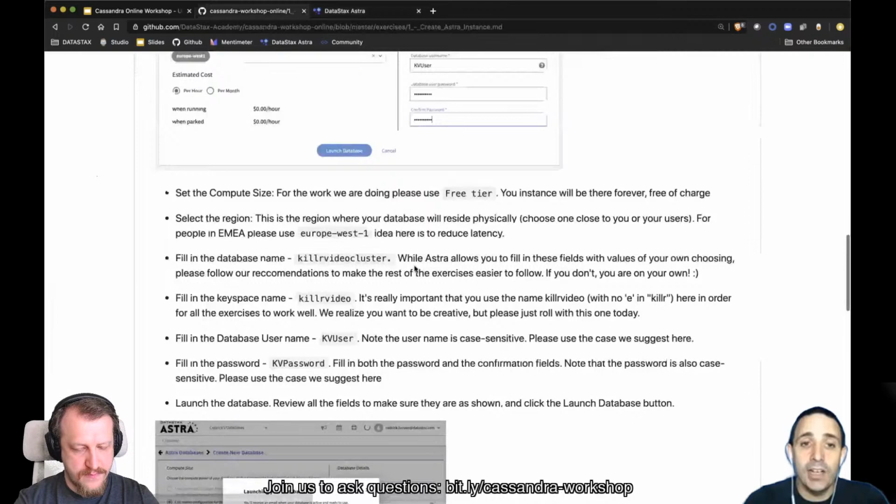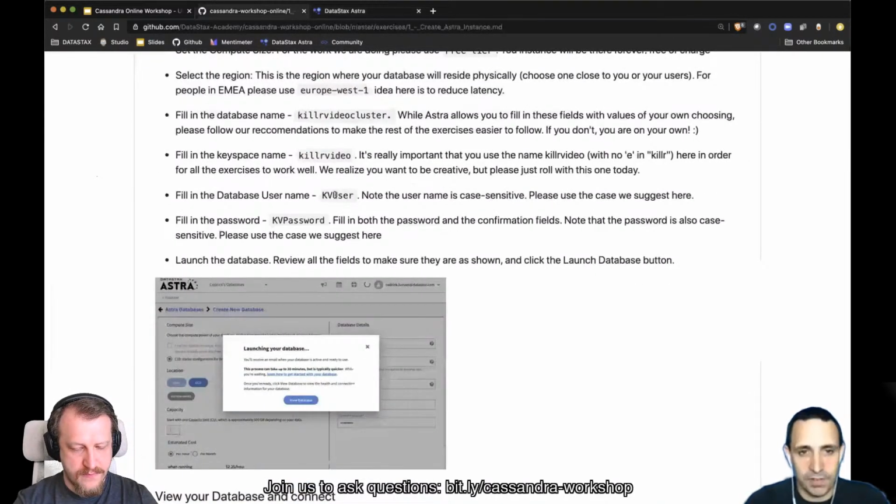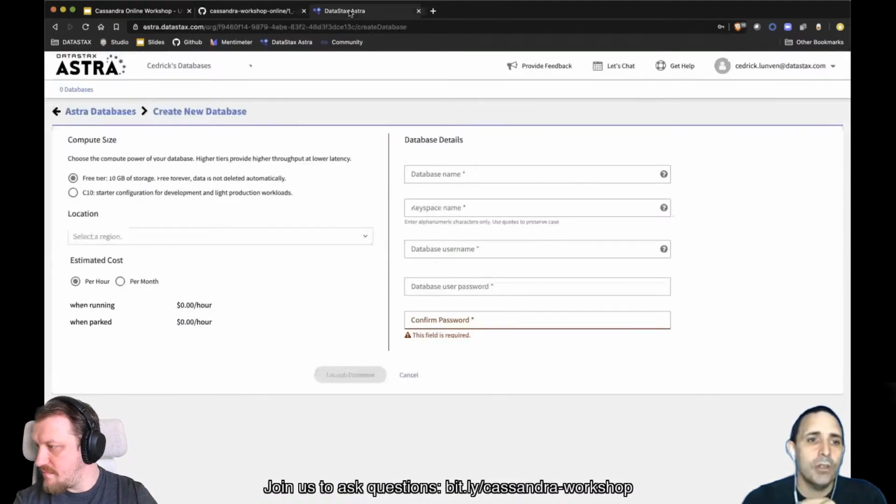It's not mandatory to provide those values, but later on we will do exercises that expect you to have these values. You can still edit the exercise later on, but why not have the proper values right now? Okay, so I will use a free tier.